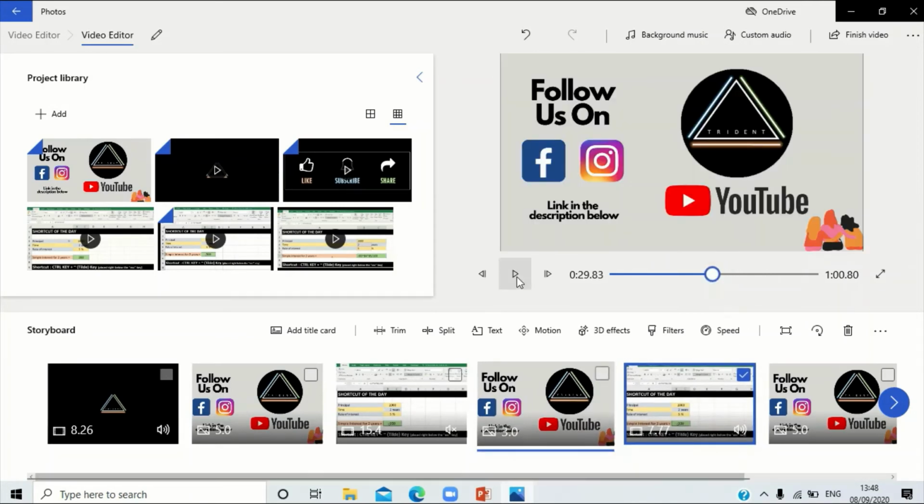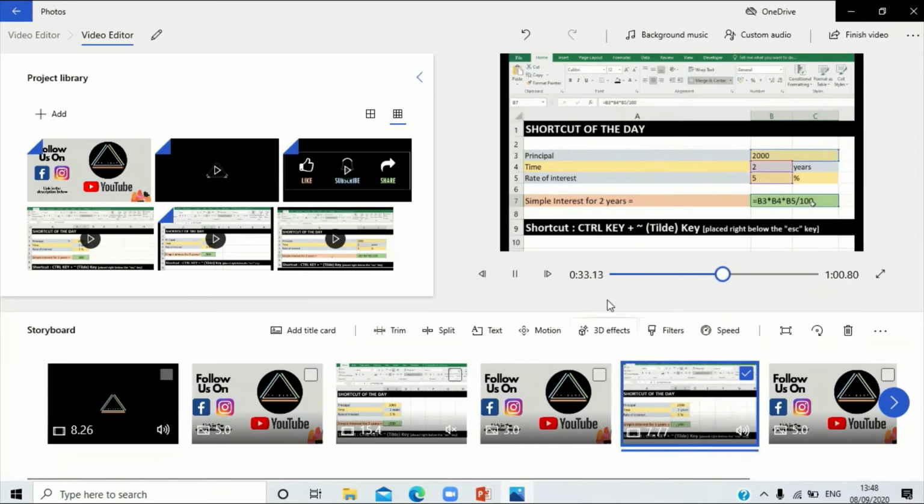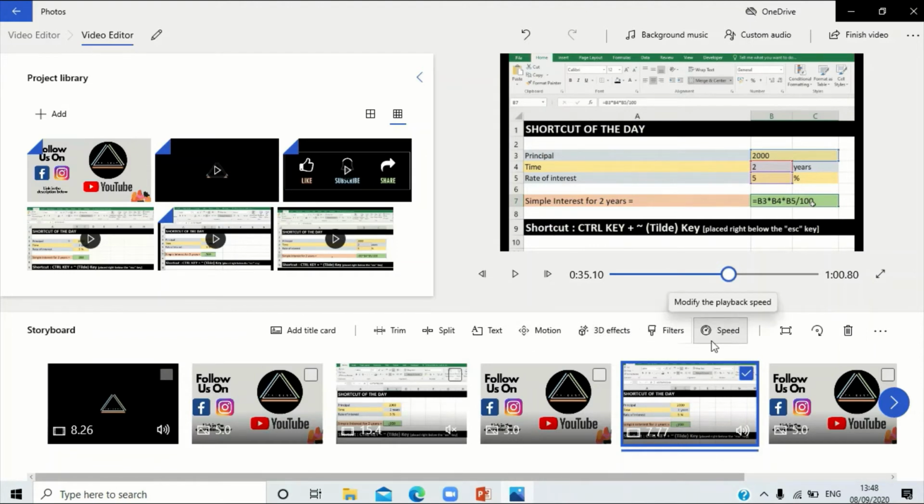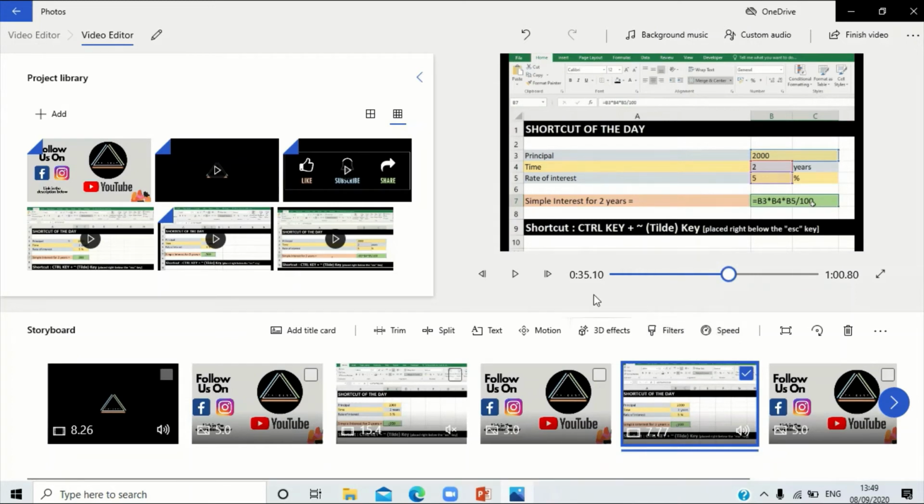So now that the voice, you don't need to worry if you have seen the formula and verified if it is correct or if it isn't. You can basically use the sound speed effect as required to edit it or make it a little funny, or if you're explaining a portion which is too lengthy and you're speaking too slow, you can just enhance the speed from here as well. So these are all the options that you have.